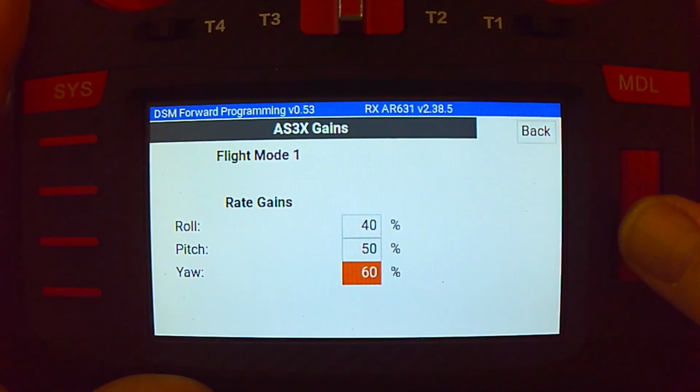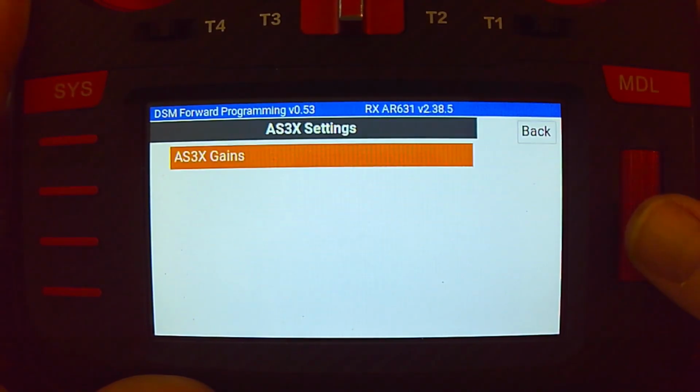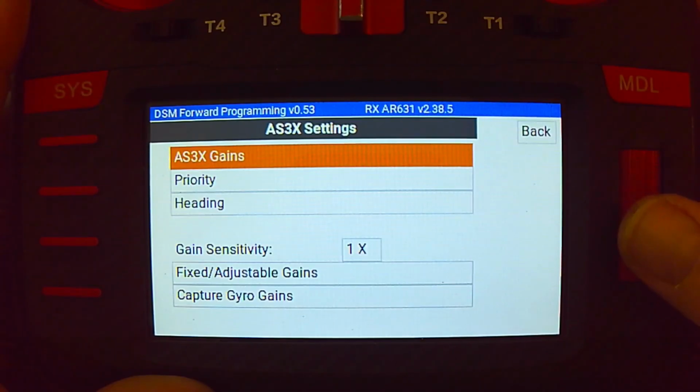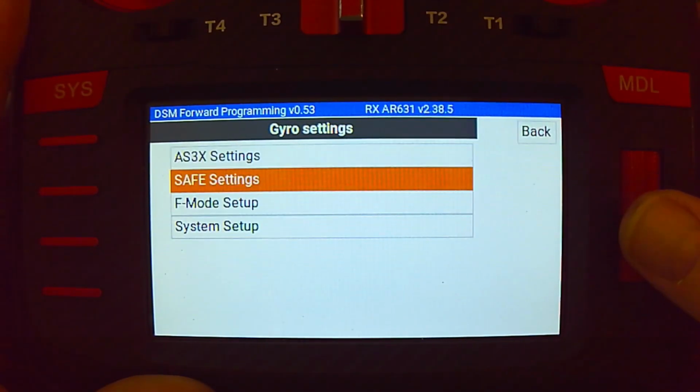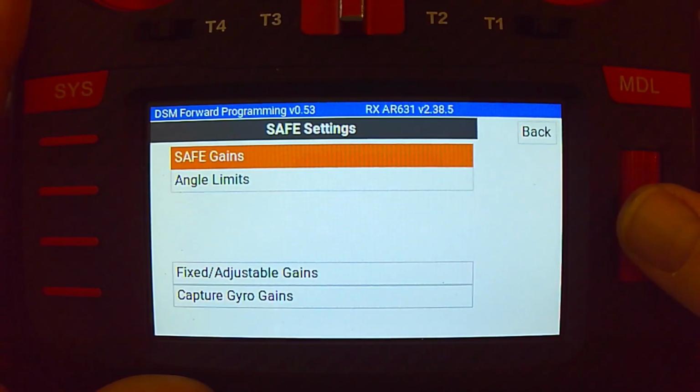So you can see, we've got full control right from our Radiomaster, so it's excellent. Don't need to spend too much time in here. We'll get into this when we reprogram the new one. This episode is mostly just to show you how to get it unlocked, but